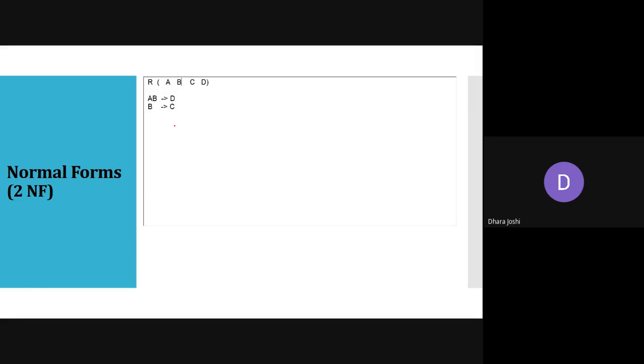Now we'll find the closure of AB. If I am finding the closure set of attributes AB plus, what can be the answer? Reply quickly in the chat box. A and B must be part of this. After that, what can be the answer?